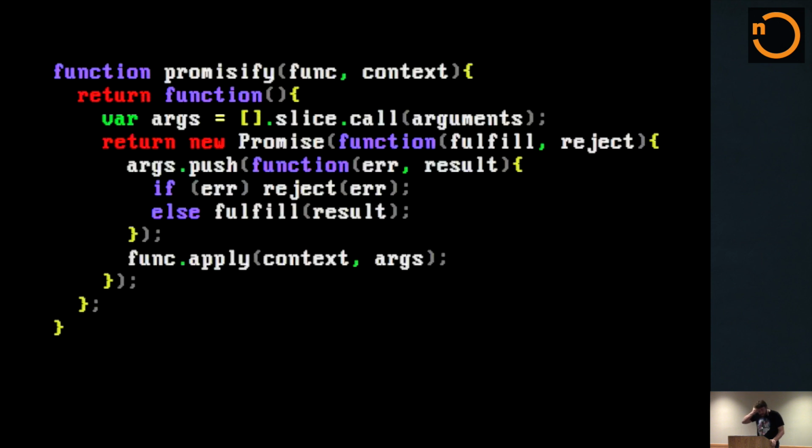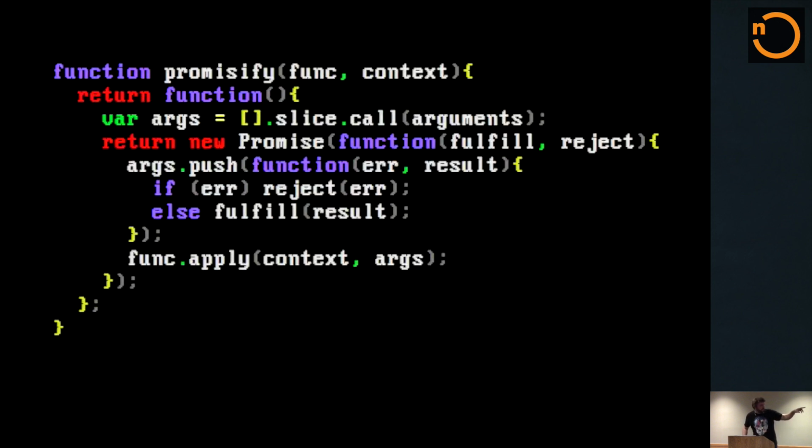So this is sort of a simplified version of the Promisify function that's in Bluebird. And it turns out that this is almost all that we need in order to get this done, right? So let's look at what it does. One thing I want to point out here is I'm actually using the promise constructor, and I didn't introduce it before because most of the time you don't need it. But in this case you do, so just a quick overview.